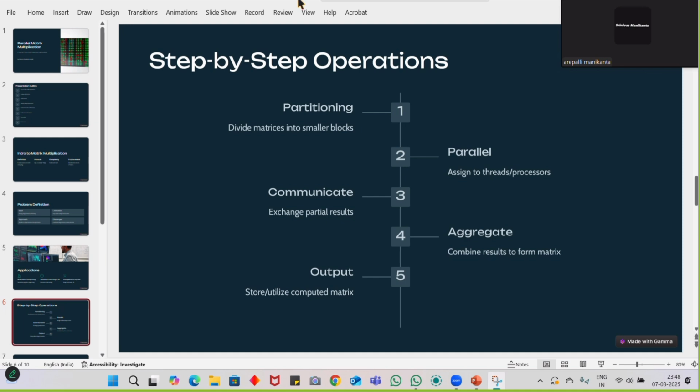Step by step process of matrix multiplication. This Python program efficiently performs parallel matrix multiplication using the ThreadPoolExecutor from the concurrent.futures module, instead of manually managing shared memory or